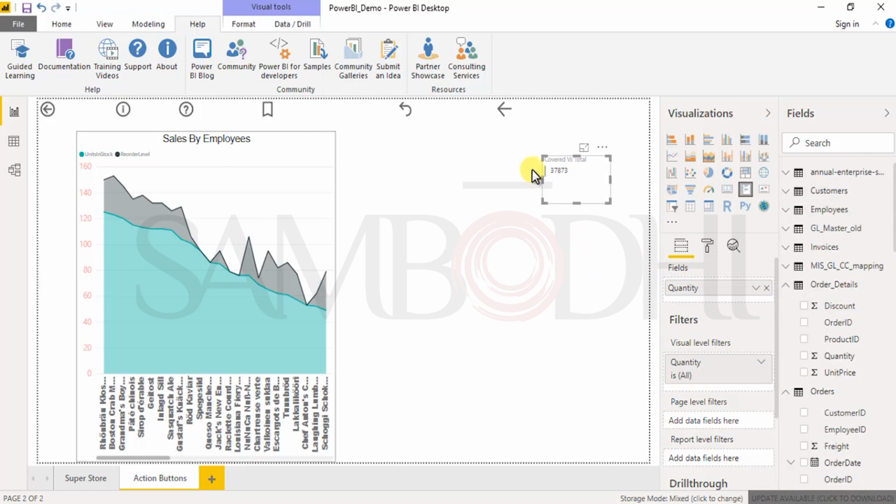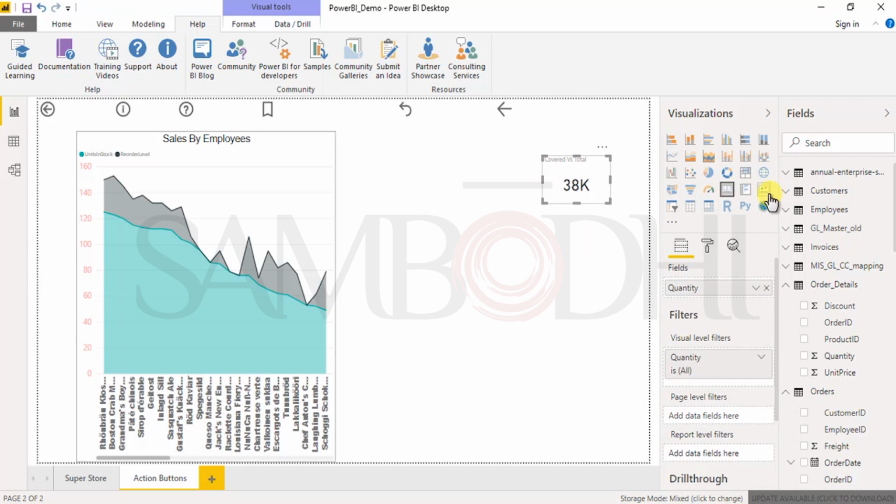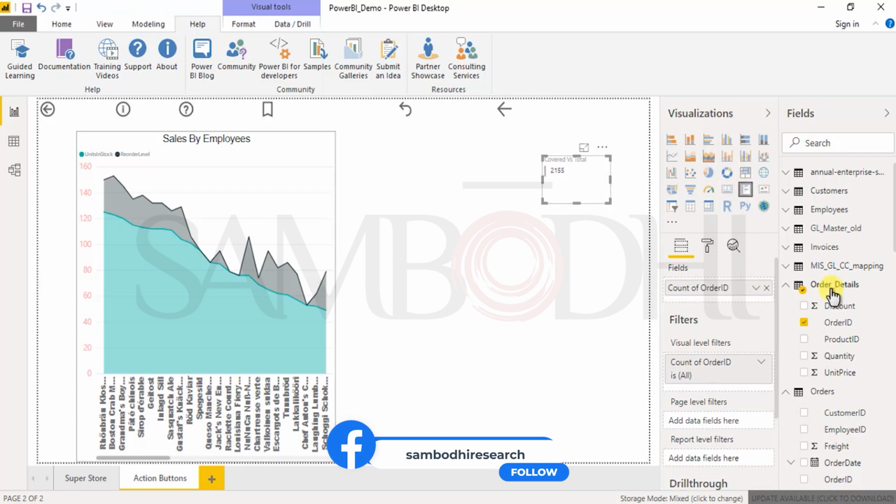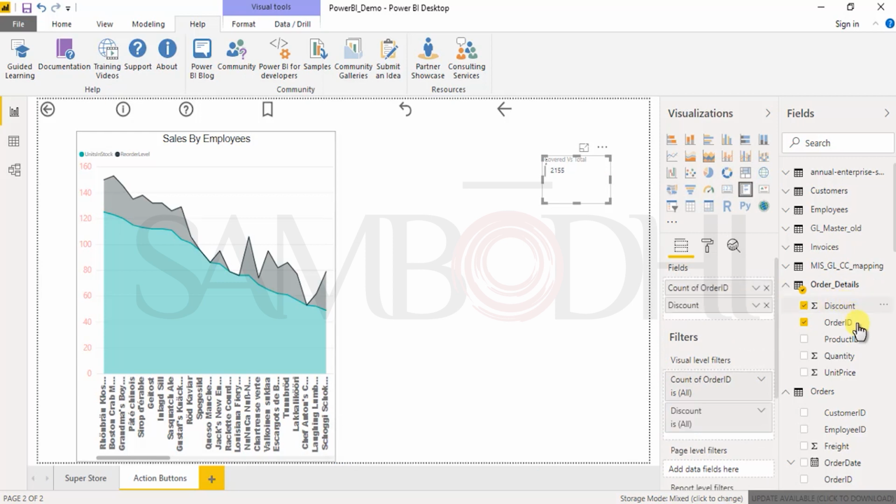And similarly, singular value, multiple value. So this is how it takes the value. If you put this over here, you see it is not allowing multiple columns to get added over here. So this is the singular card option. And if you have more values to be shown, you can keep adding those values. There are no issues in it,